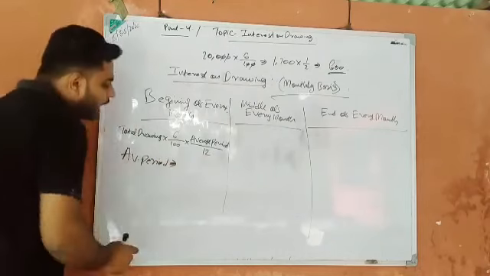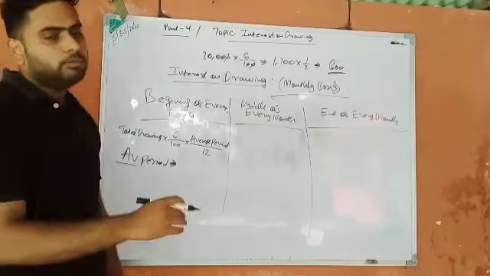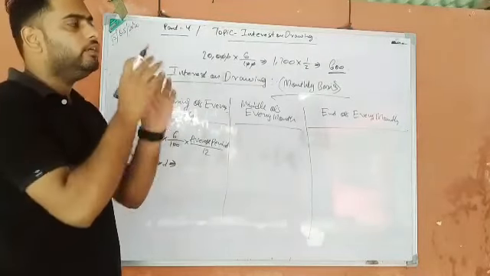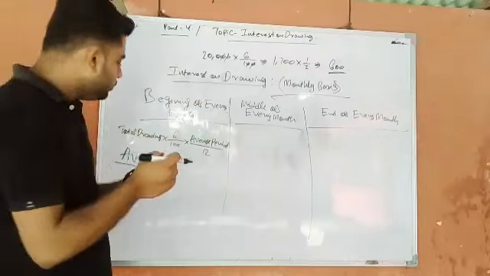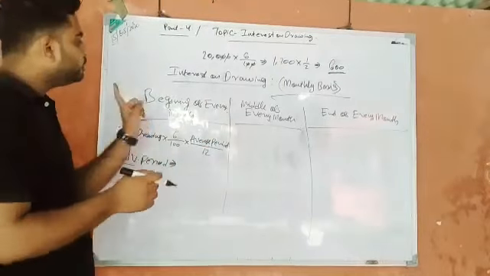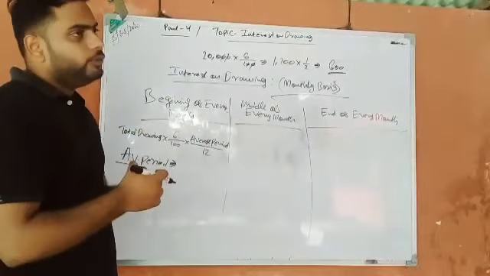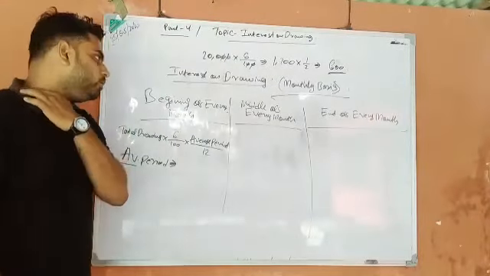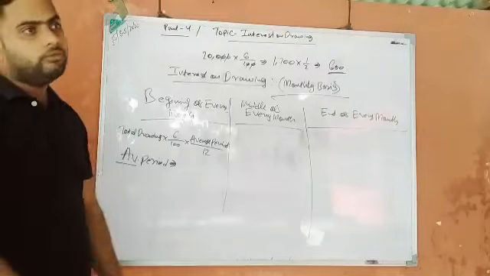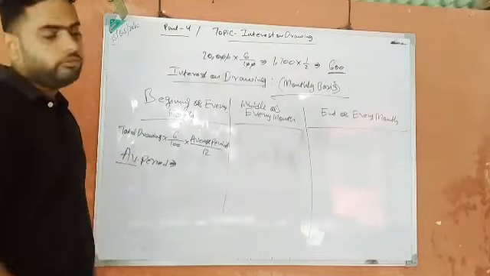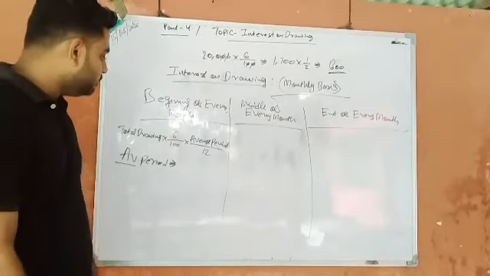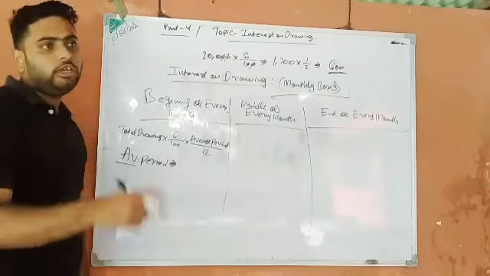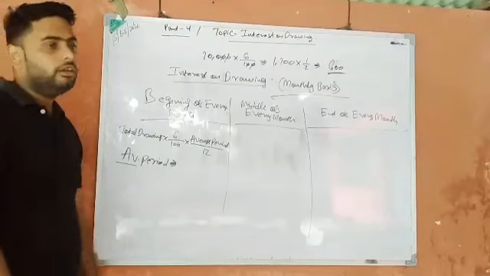To calculate average period, you see, average means what? Basically dividing equally into two parts is average. So we are going to do that. But here, to calculate this average period, we must know the date of first drawing and the date of last drawing. In this case, the date of first drawing is 1st January and the date of the last drawing will be 1st December. So we must know how many months are left after the first drawing and how many months are left after the last drawing.